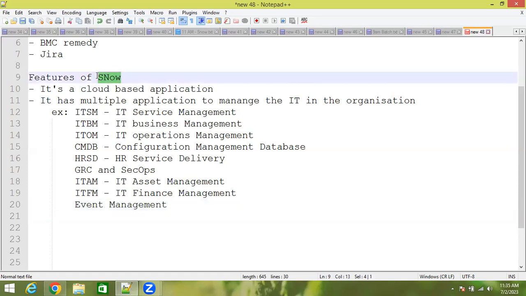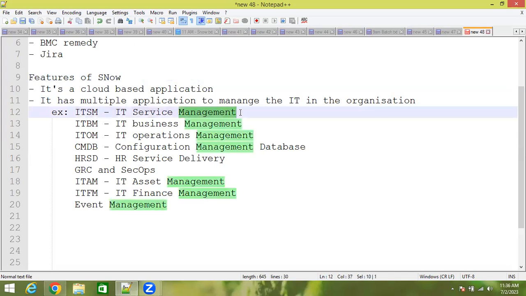Okay. So all these applications are required by any organization, especially any IT organization, to manage their business. So ServiceNow is an application required by the organization to manage their business, right? If the business of the organization is on ITSM, then this module has to be purchased from the ServiceNow company.